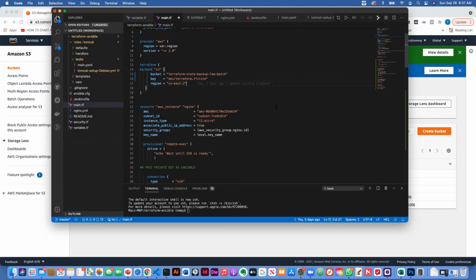Yeah. So this setting I just did is so Jenkins is aware of the state file, right? And it picks up the state file to either destroy the infrastructure you just created or update the infrastructure you just created. If we don't have this state file, right? And I'll give you why the state file is important. If we don't have the state file